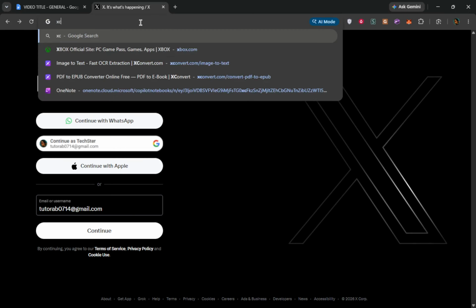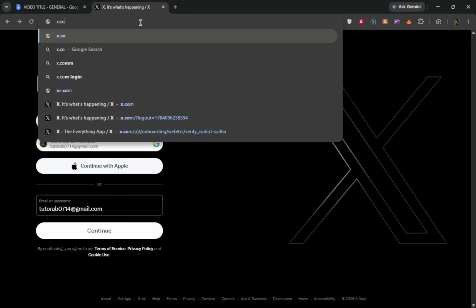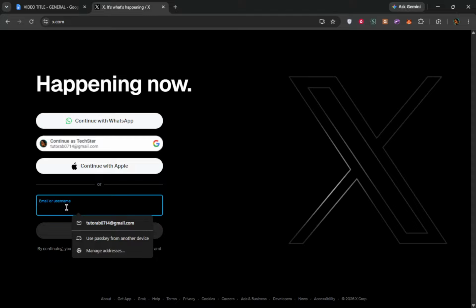Once the page loads, you'll see the familiar sign-in form. This is the gateway to recovering your username. Make sure you are on the official site to avoid any security risks. It is crucial to start from the correct page, as this ensures you are following the right procedures for account recovery.